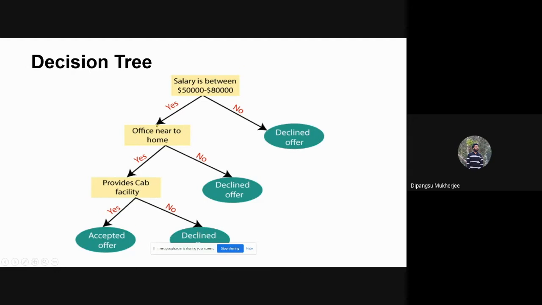So this looks like a tree. This is one branch, and based on this branch there will be another branch. So this is called the decision tree. Why decision? Because based on these conditions, we will go for a decision, that is, yes or no. So that's why it is called a decision. And as it looks like a tree, this is called the decision tree. Okay, so this is the decision tree algorithm, and that's how it works.